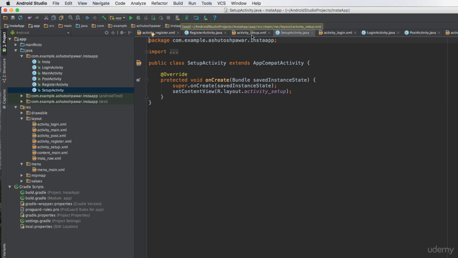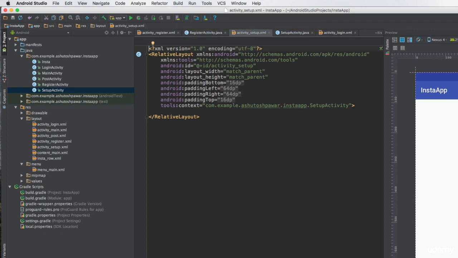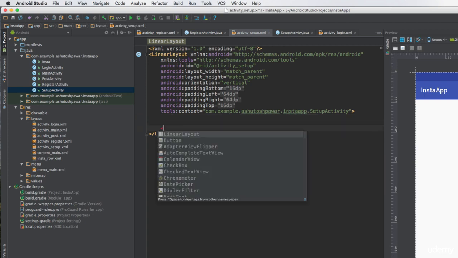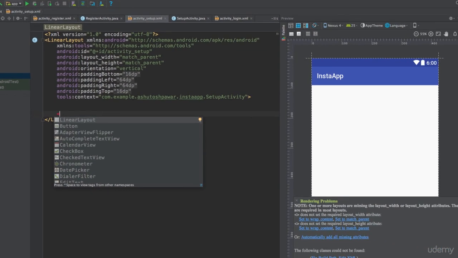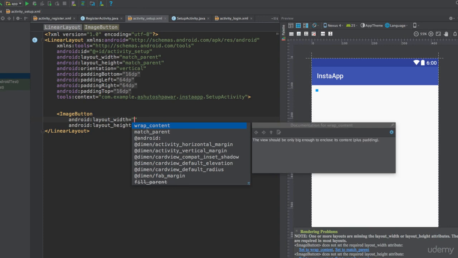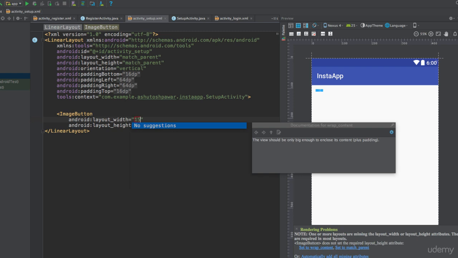So we'll go right ahead into activity setup underscore XML, and let's make this a linear layout because it's simple, and set the orientation to vertical. And now let's add a few elements. The first thing we want here is the image view, or let's say the image button, because we want to make it a button so that when the user clicks there, it's going to ask the user to take an image and drop it over here. So that's going to be, let's say, 150 dp